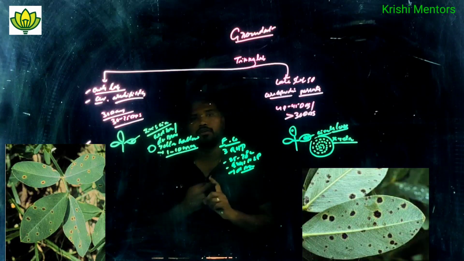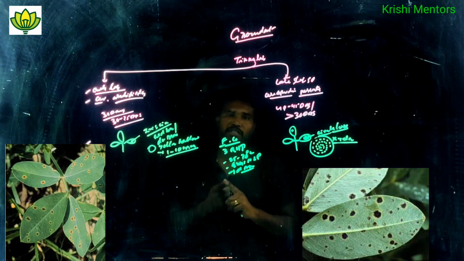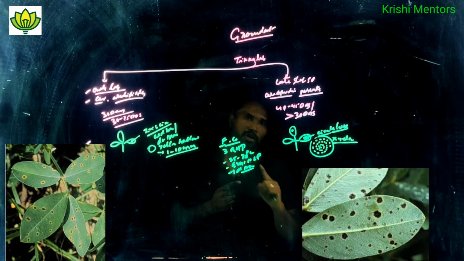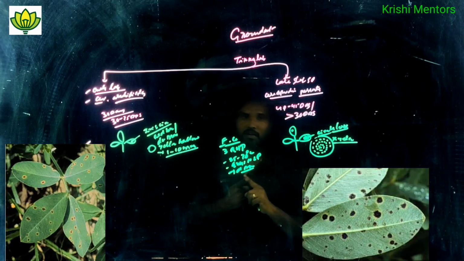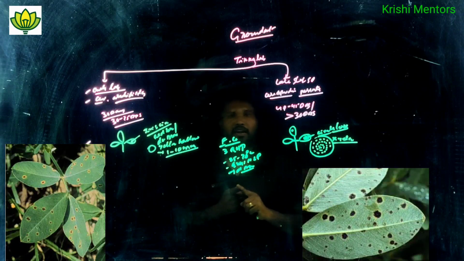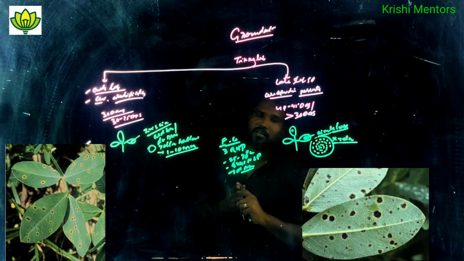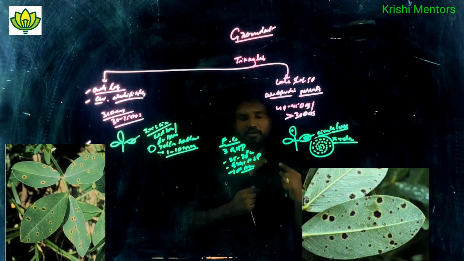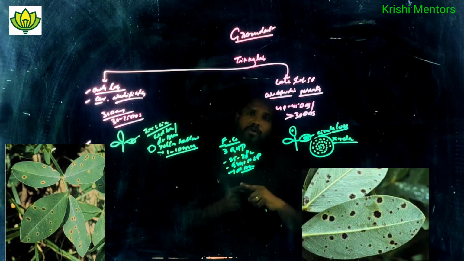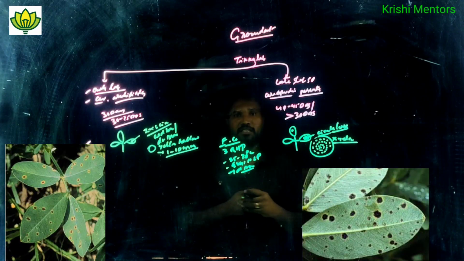So how to control? First of all, removal and destruction of the diseased parts. Second one, seed treatment with Thiram or Captan 3 grams per kg seed, Carbendazim 3 grams per kg seed, and also growing of the resistant varieties,